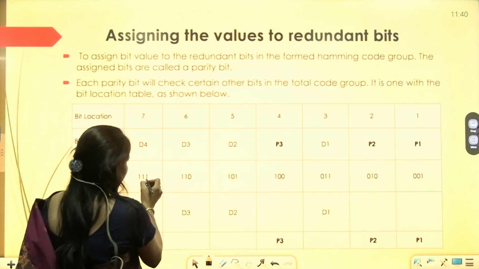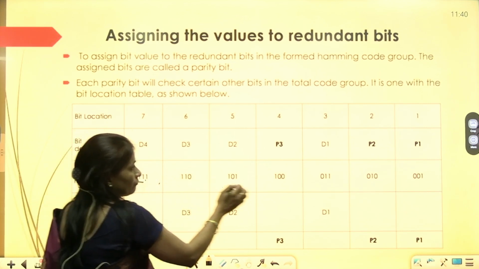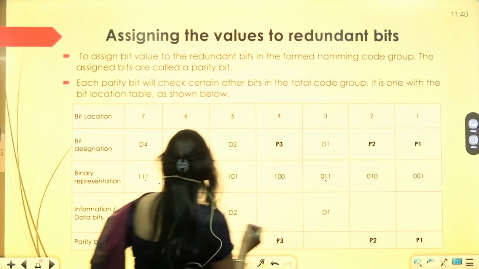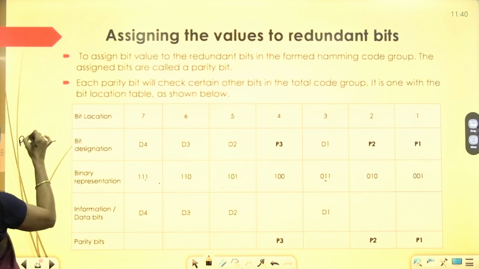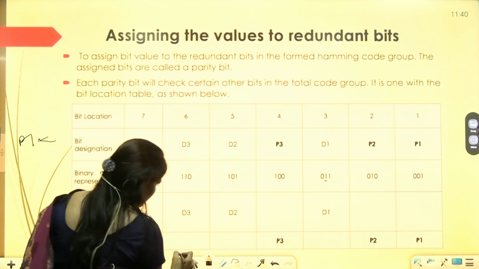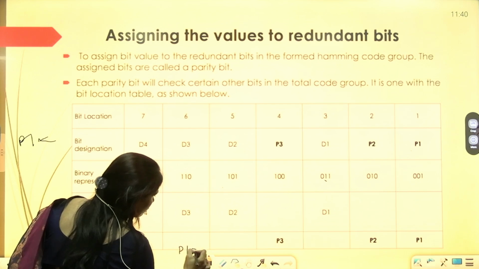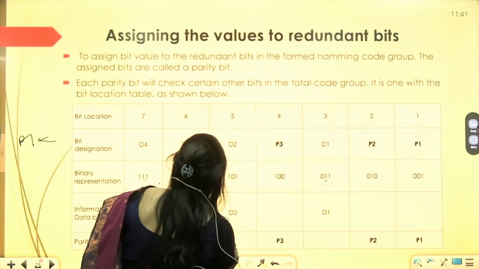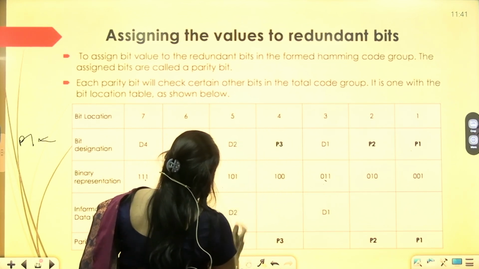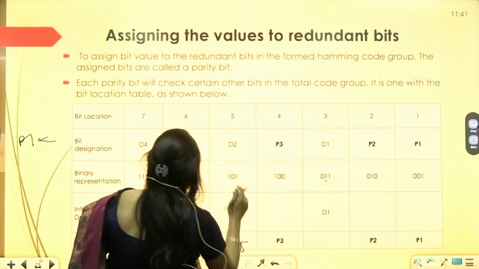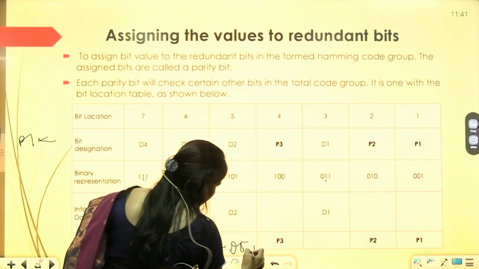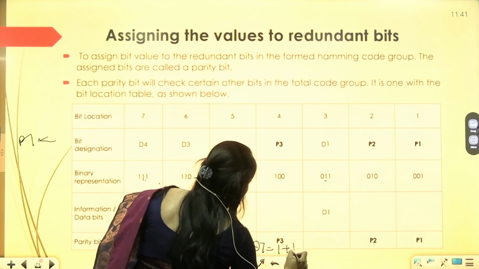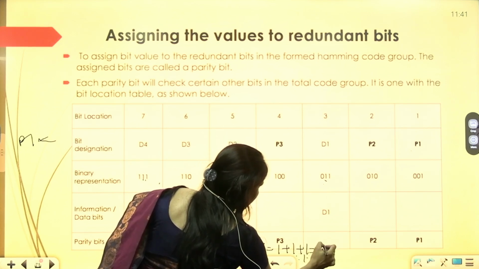First, check the first position of 1 to find the P1 value. P1 is equal to the positions with a 1 in the first position: D1 plus D5 plus D7. 1 plus 1 plus 1, add 1.